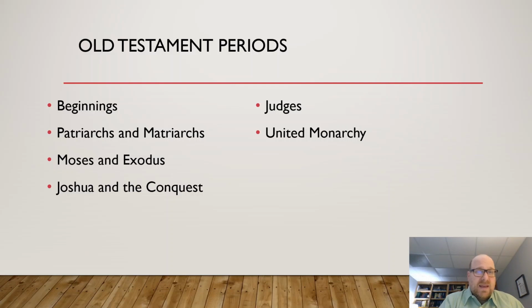So Saul became king right around the year 1000. Some people say 1025, some people say 1040 BC, so 3,000 years ago was when Saul was king. And he was the first king. Maybe you remember that Saul stood head and shoulders above everyone else. He was called by God to be their king. However, he fell from grace, and Saul was removed from his throne, and a new king took his place, and that would be King David.